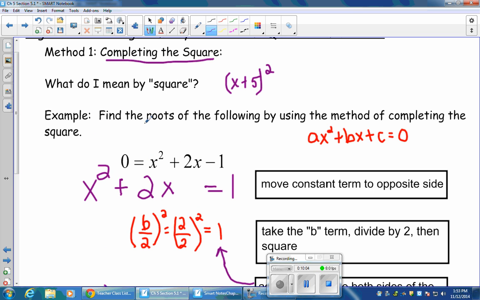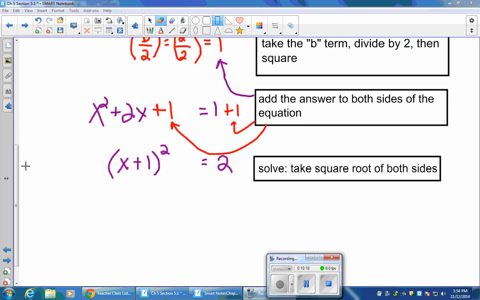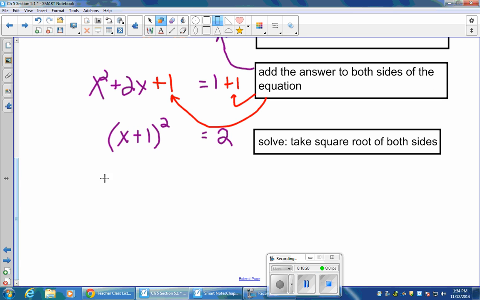Okay, now we want to find the roots, which means the solution, so we're going to keep going. We want to find the answer to this. What does x equal? So to solve this, the next step would be to take the square root of both sides. Okay. So as I take the square root of both sides, right,